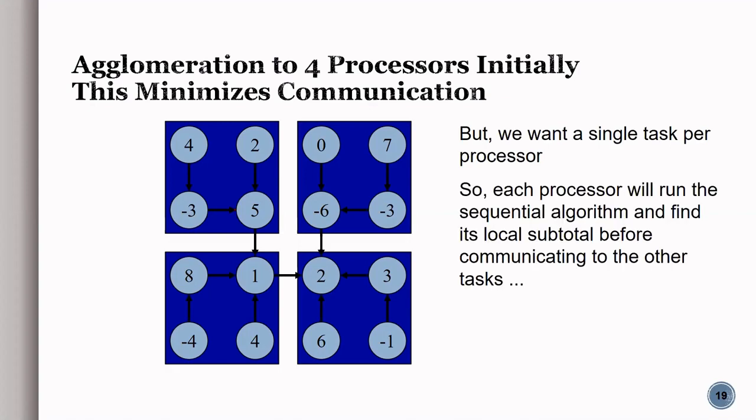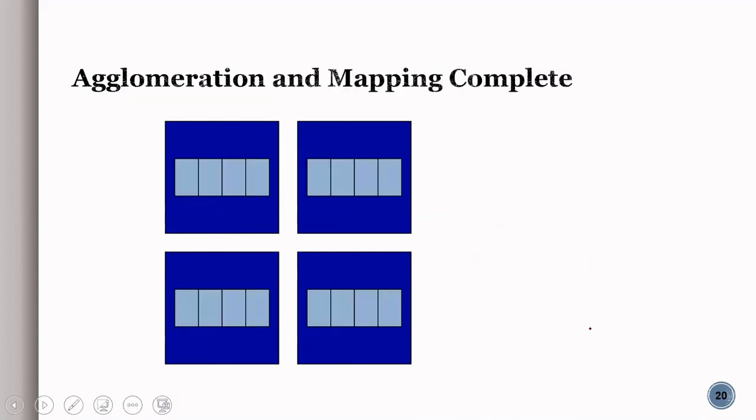So you can see that we have given 16 values to 4 processes, that is n by p, 16 by 4, 4 values to each of these processes. What they do is they sum up the values within itself, and finally the communication happens between these 2 processes and one more communication between this set of processes.